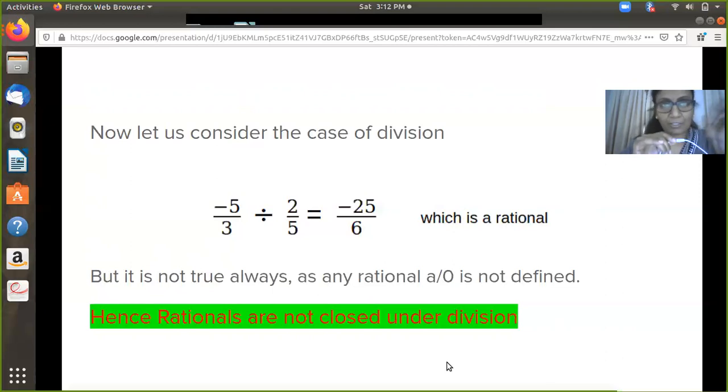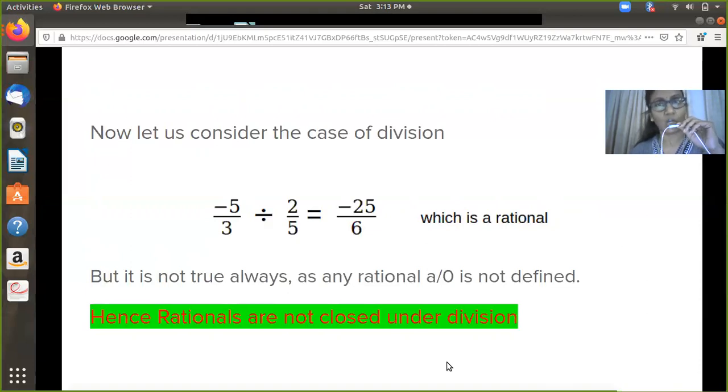Yes, definitely, because 0, we all have understood, is a rational. So if my numerator happens to be any rational, say A, it can be a fraction, an integer, a positive integer, a negative integer or anything like that. But when I fix my denominator as 0, then I end up with a rational called A by 0, which I very clearly know is an undefined quantity. So this is an anomaly.